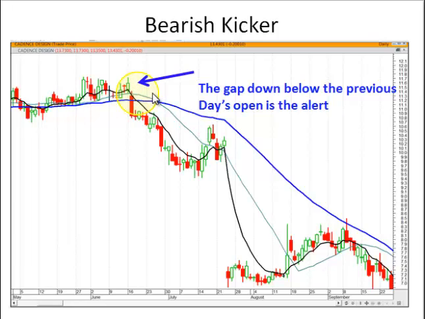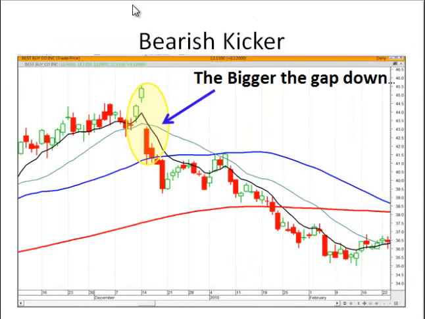This chart was easy to analyze because they gapped it down below the T-line, number one. Number two, they started trading it down below this little support level. That told us we were in a downtrend. And as with all our candlestick analysis and the signals, the bigger the gap down, the bigger the signal, the higher the probability there's been a definite change of investor sentiment. Now they're in a downtrend until you see a buy signal.